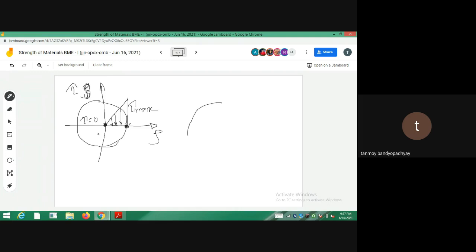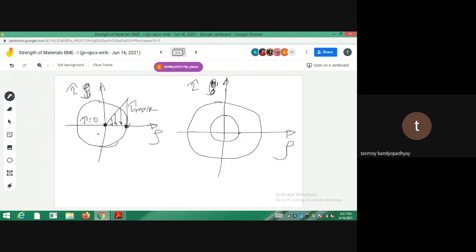Now, if I take a hollow cross section, this is the one I'm considering. If I draw the variation of the shear stresses, this is rho and this is the shear stress tau. It will be minimum where rho is minimum, so rho is minimum on the inner surface and it is maximum on the outer surface. So gamma is equal to rho by c into tau max, as we got. Rho is minimum at c1, so you'll be getting the minimum strain at this point, and rho is maximum at c2.